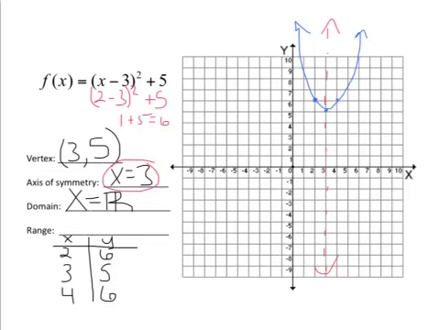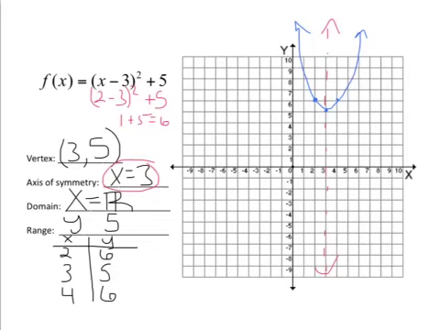And the last thing that we need is going to be our range. So what I do is I look at my vertex here. And as I can see, this is a minimum because this is the lowest point the graph hits. Right here is the lowest spot of the graph. Well, my y value at that lowest point is this 5 right here. So I know that y is going to be